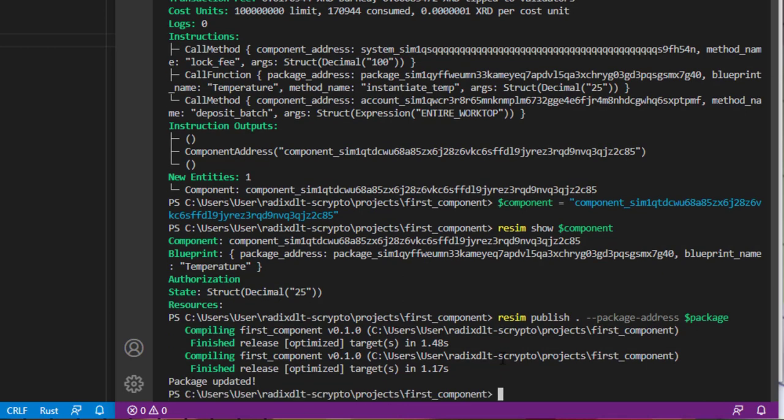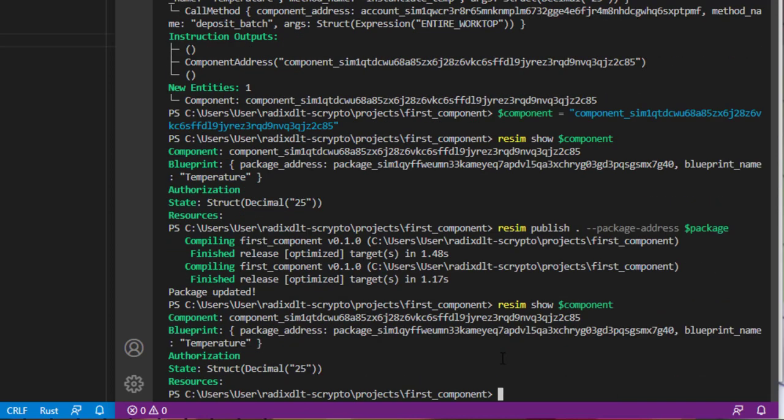And what this also does, it keeps the component intact, so we can now do resim show component,